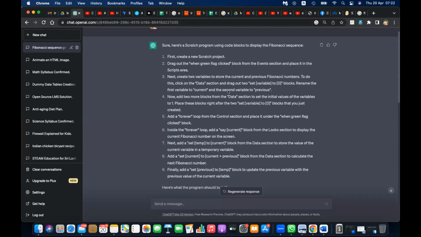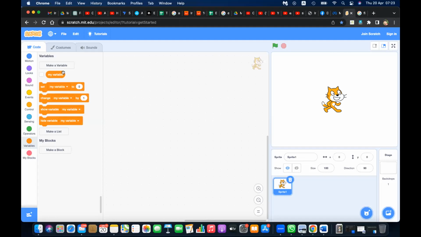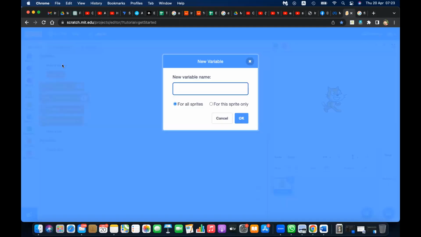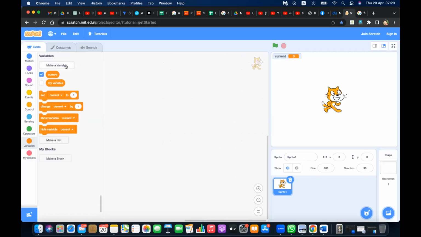Right now, see, this is what the code is. So you can make it similar. There are many other ways this can be done, but I'll just suggest a simple way. Here you have two variables, current and previous, and you have to set them to one in the fourth step. So define two variables. The simplest way is to use variables. Make a variable called current, and the next one is previous,